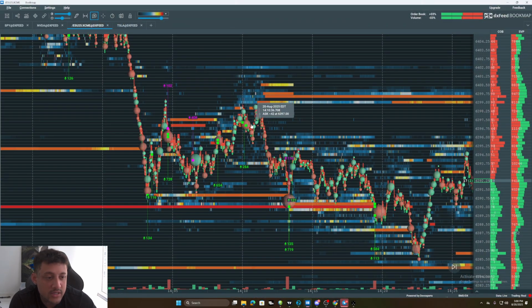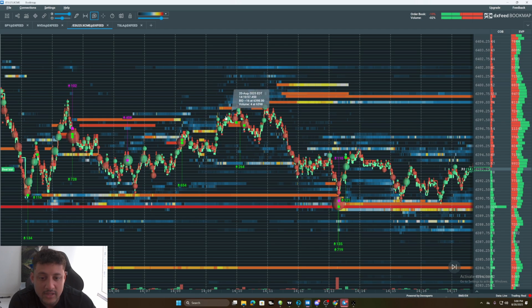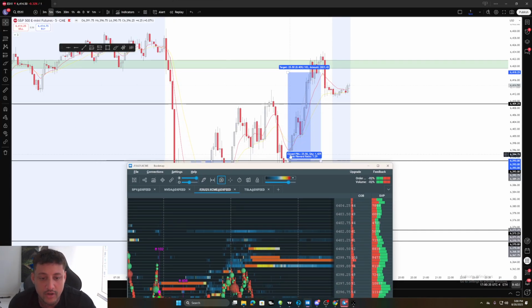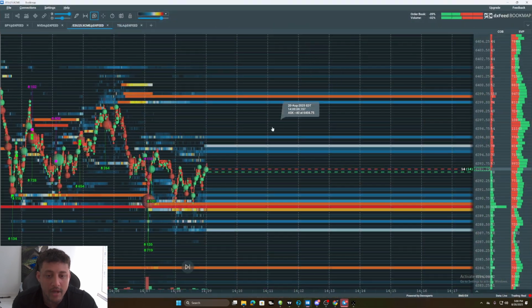Now, if we pay attention to this 63.97, you guys can actually see here that although buyers are entering the markets, we have sellers holding and weighing the market down. We even had a large bid get filled here. Buyers tried to push price up again, and they failed, and we had passive selling get filled here in the market, which brought the market back down. So I could have completely avoided even taking this trade over here by just using a Bookmap alone to